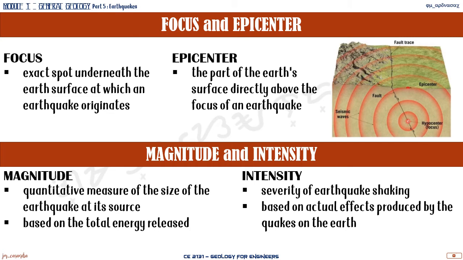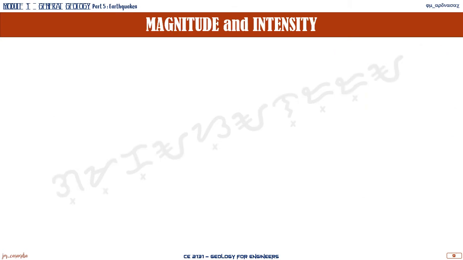And for intensity, it will be measured based on the location of the observer or of the one experiencing the earthquake. Okay? So magnitude is measured at the exact point of the earthquake, while intensity is dependent on the location of your measurement. Since we measure earthquakes with regards to magnitude or intensity, which are both different ways of measuring and defining the earthquake, we will now have two different ways of